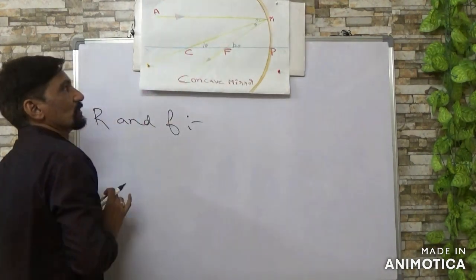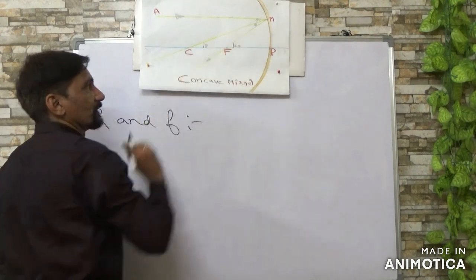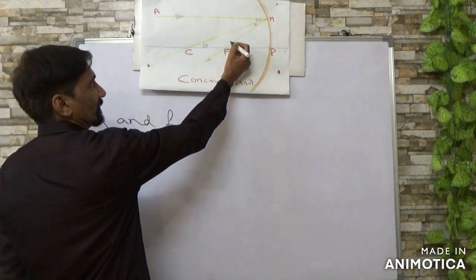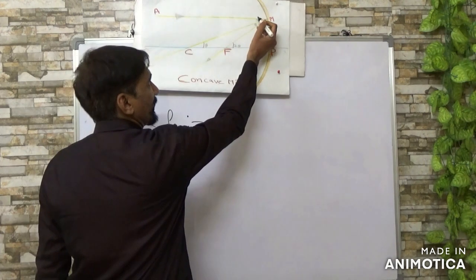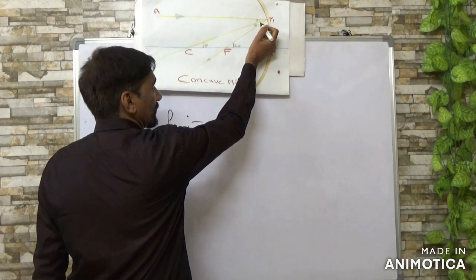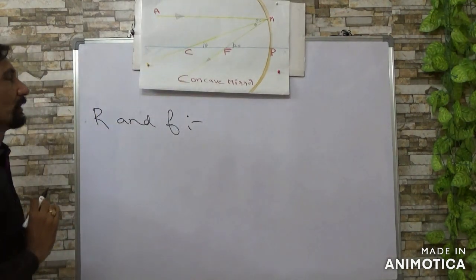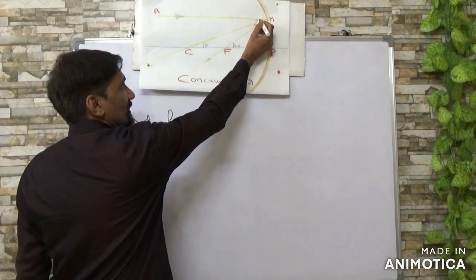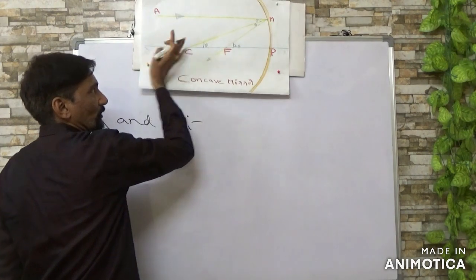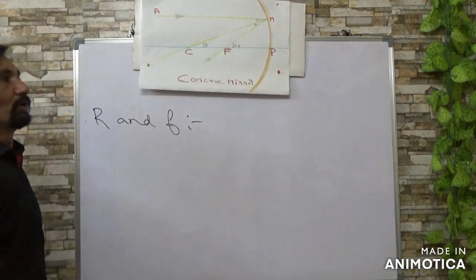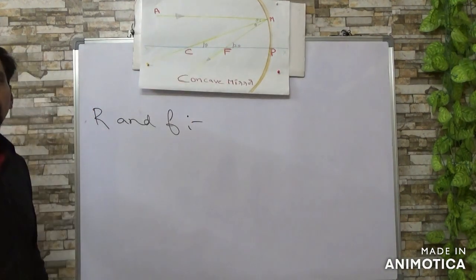Alternate angles, so this is exterior. The exterior angle is equal to the sum of the two opposite interior angles. So that is why this will become 2 theta. If this is incident at an angle theta at M, the other angle is also theta because it is normal. And if this angle is theta, this is also theta, parallel and transversal, so alternate angles. And it is exterior, so the exterior is equal to the sum of two opposite interiors.